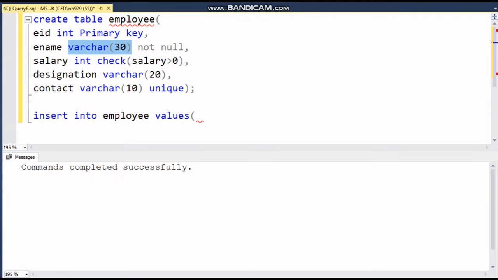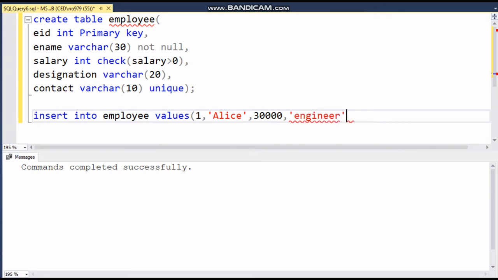Like for employee ID it is integer, so I am taking 1. Now employee name is varchar, so I have to take this value in single quotes. Then next is salary. Suppose I am taking here 30,000. Then again designation is varchar, so I will write it in single quotes.